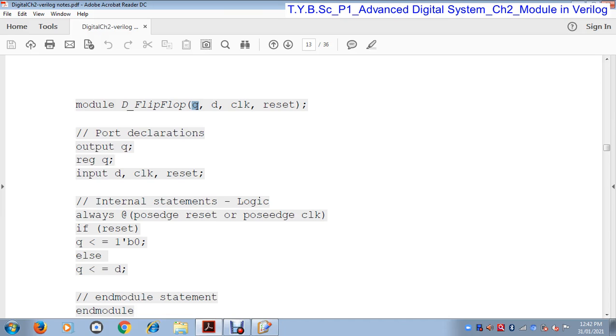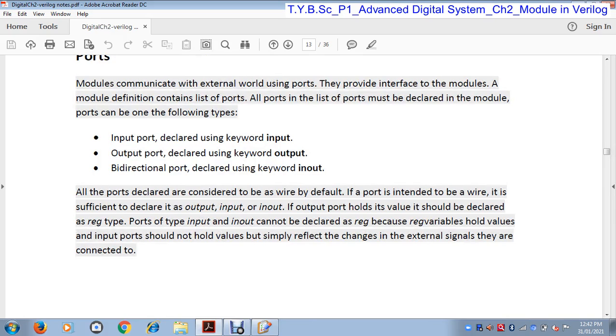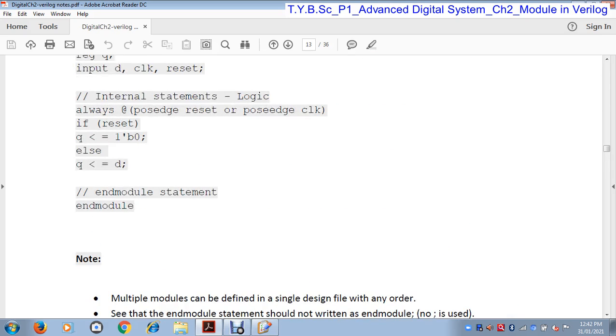But Q holds a value. Q is the output of the D flip-flop and it holds some value. Therefore here Q is a register data type, as we saw in the D flip-flop.